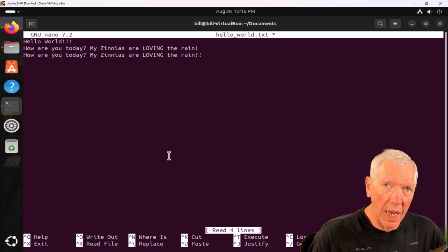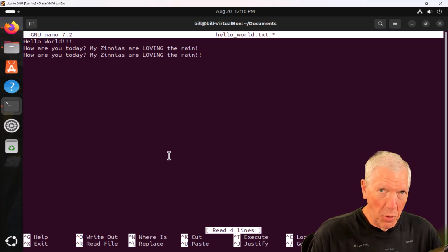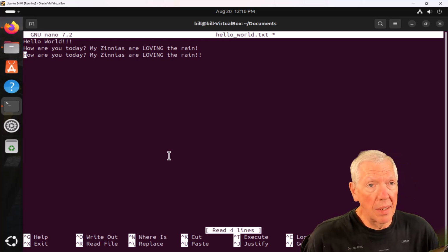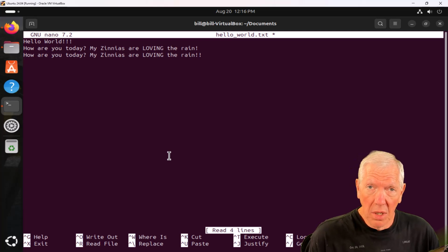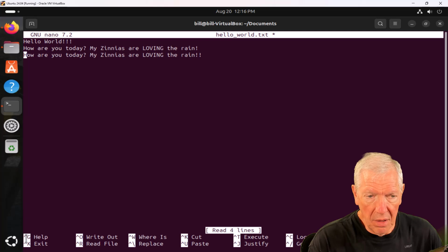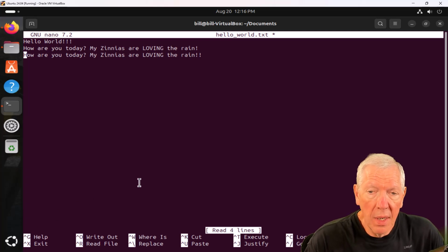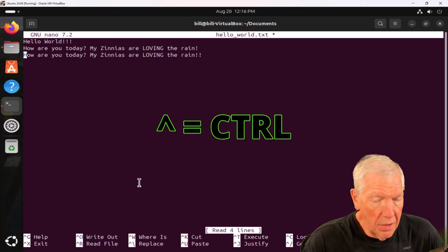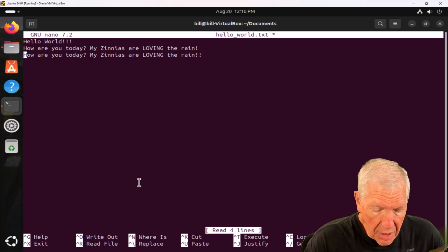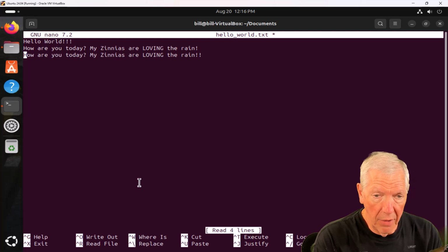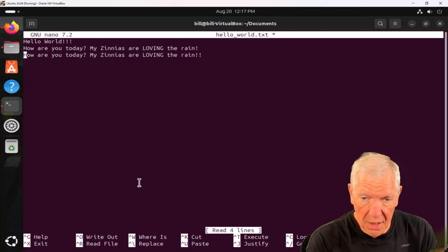Now the thing I love about Nano is it works like an actual keyboard like you're accustomed to today. It looks a little bit like Vim because you have white on black text or vice versa. But notice on the bottom here that things are a lot different. You have this little caret key that stands for Control. So if you want help, you would do the Control key, either one, on the right or the left hand side of the keyboard, and a G for help. Control O is write out, or you could do a replace, a cut, and so forth.